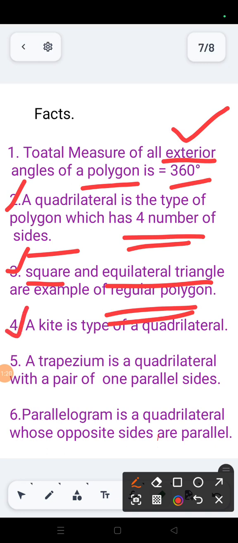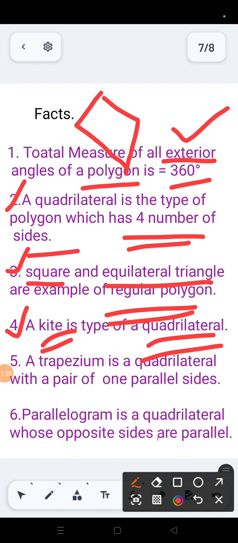Fact number 4, kite. Kite is a type of quadrilateral. Kite is a special type of quadrilateral. In the case of a kite, its adjacent sides are equal. Adjacent sides are equal. So it is a special type of quadrilateral. Next,